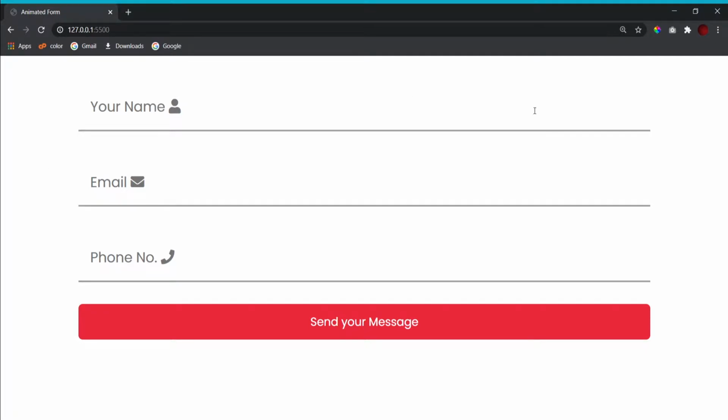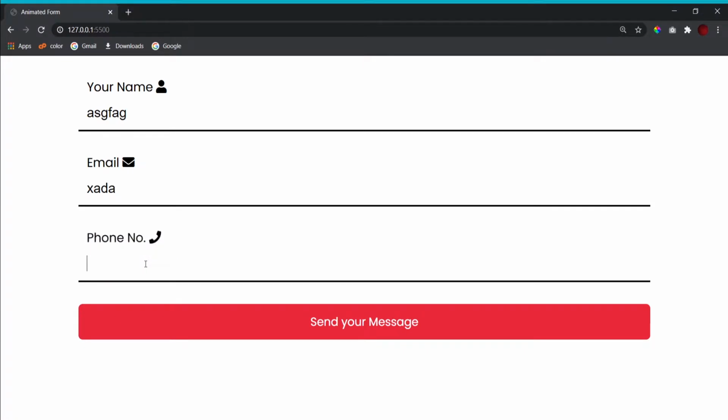In today's video we'll be designing a custom animated input form which you can use in your websites. So this is what our final project will look like. Here I have three input fields with three labels: name, email and phone number, and as I click on any of these input fields the label shifts towards the top left and decreases in font size, and we can type in here like usual. So this is what we'll be creating today. So let's get straight into it.